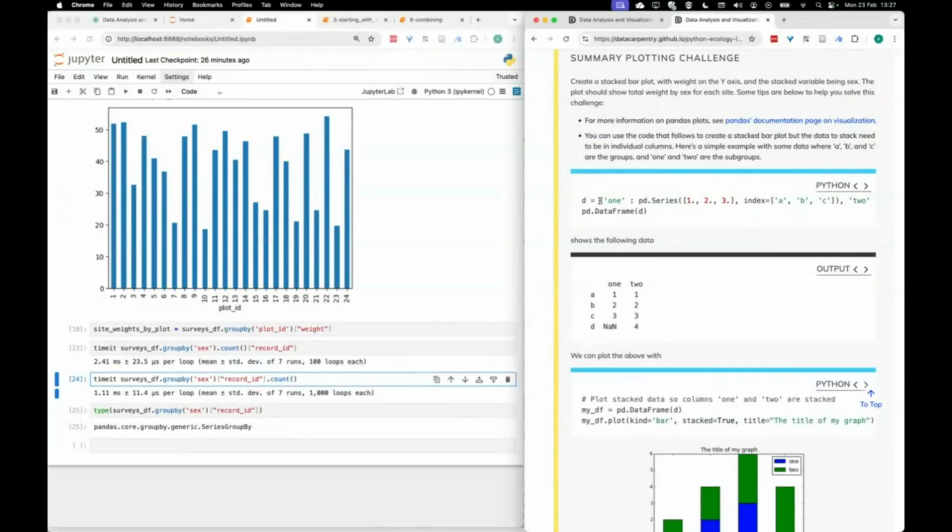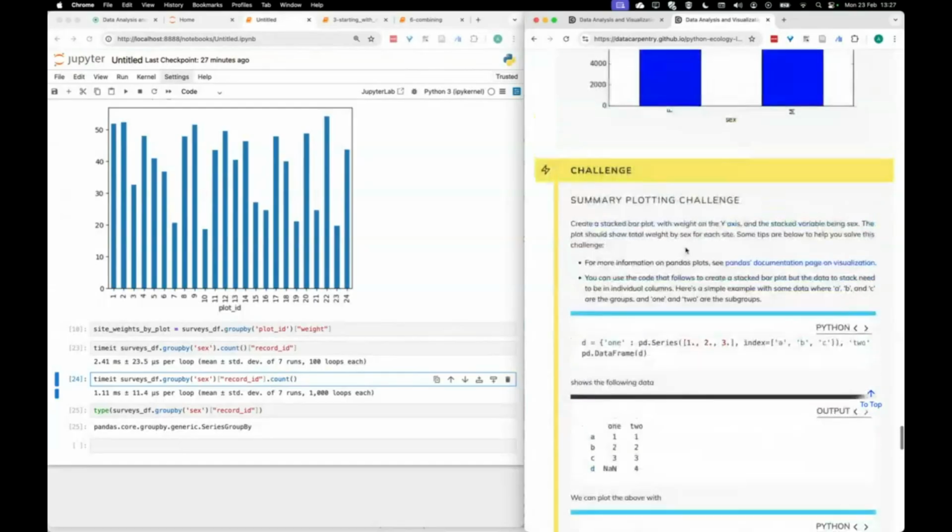So the example it gives here is that you define the data that you want to plot as a data frame here. And we'll see that basically we're going to get our logical selection of what we want to plot into a similar format as this, where we've got two categories, things that are in this example, 1 and 2, or A, B, C, D. And our question is that we've got two categories. They're not those. What they actually are